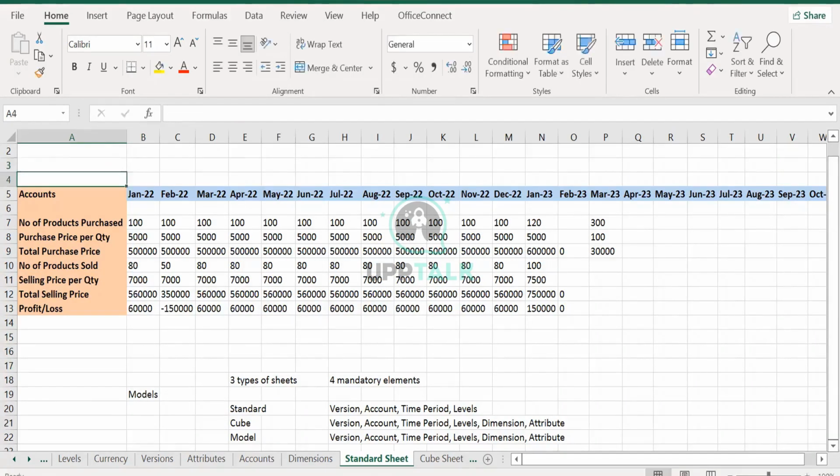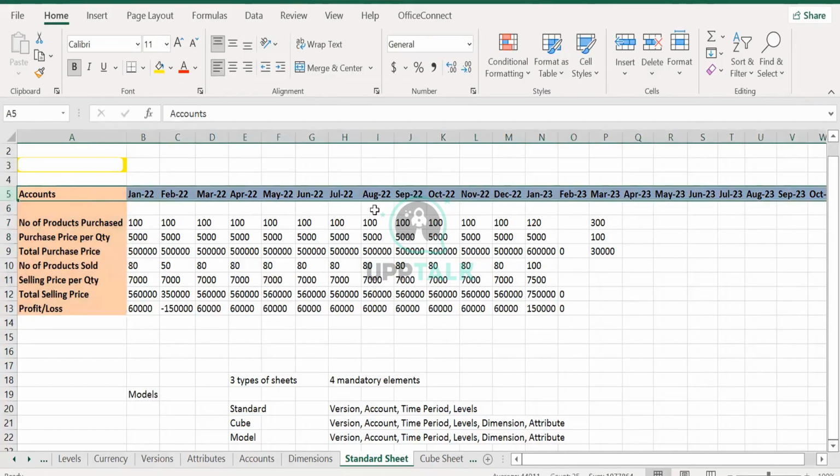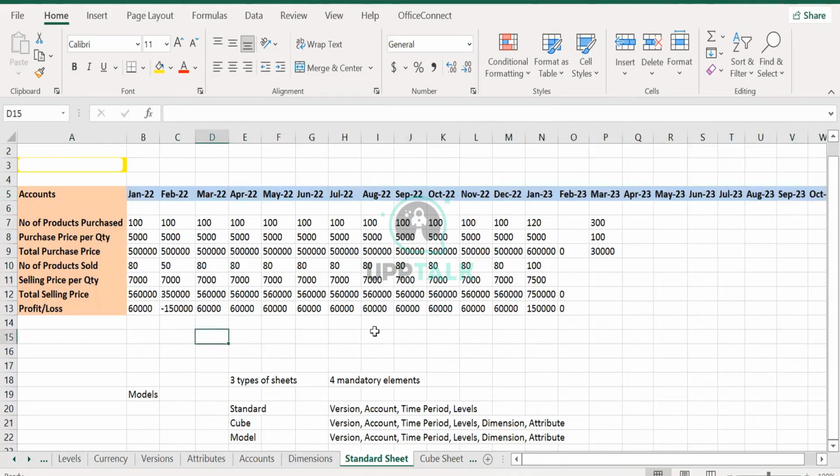This is the name of our sheet, and we are going to build this in Adaptive. We have already identified the accounts and the time slot. Time is already there. We have already created certain levels, and we have already created a version.